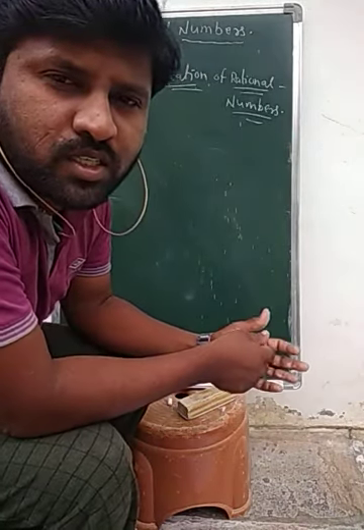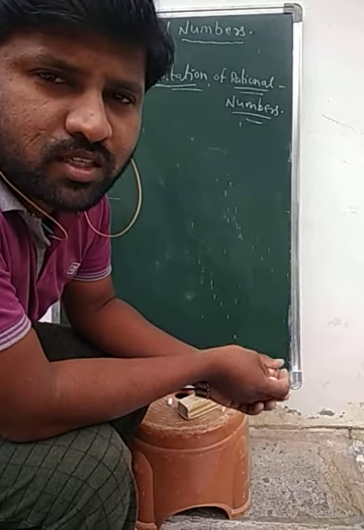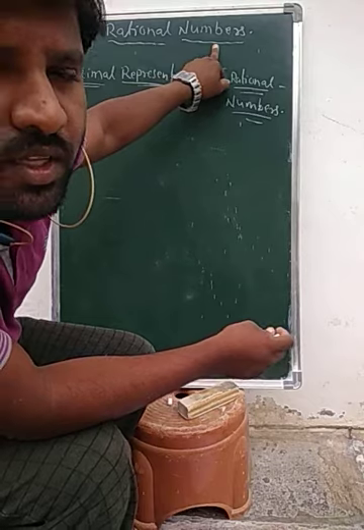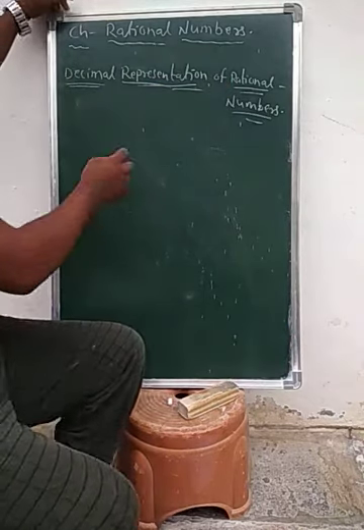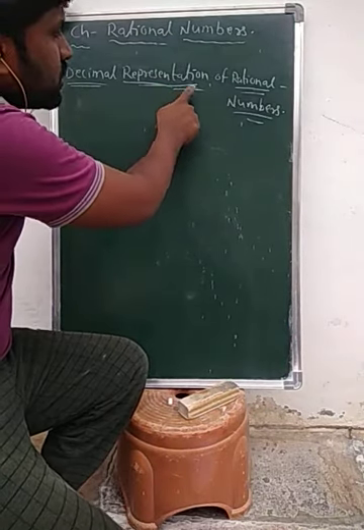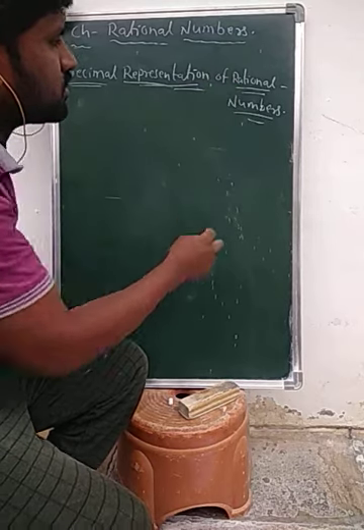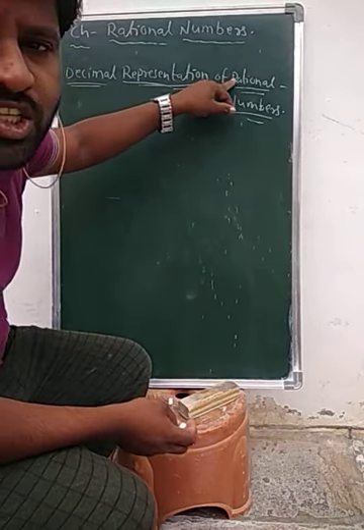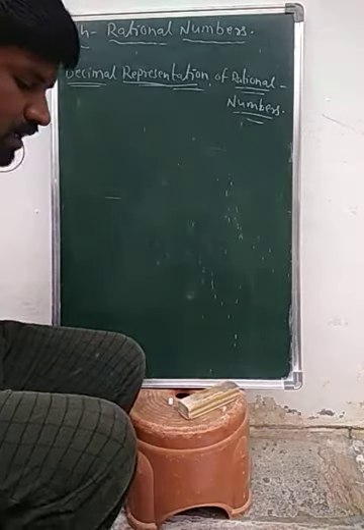Good morning, students. Today we are going to discuss the chapter Rational Numbers. In that, the topic name is decimal representation of rational numbers. Decimal representation of rational numbers. Now see,